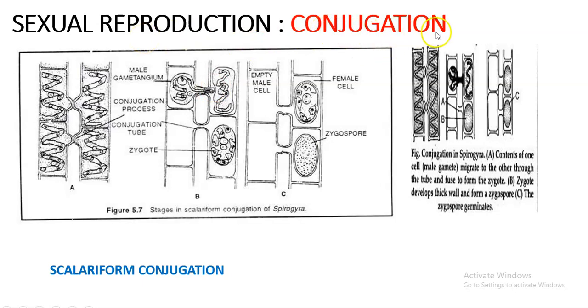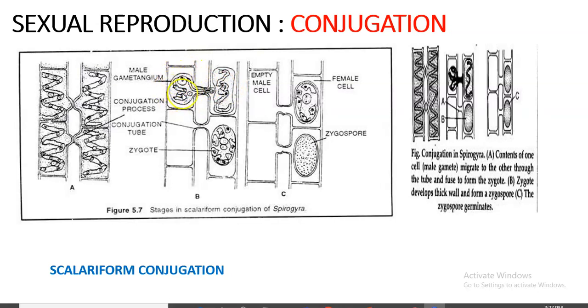It is commonly done through conjugation. In that, two identical or two different filaments of Spirogyra will be coming together, and it will be forming a conjugation tube. You can see that they came close, and one will be acting like a male thallus and another will be acting as a female thallus, and the two cells are forming a conjugation tube. Okay, you can see that between the male and female a conjugation tube is formed, and since the contents of